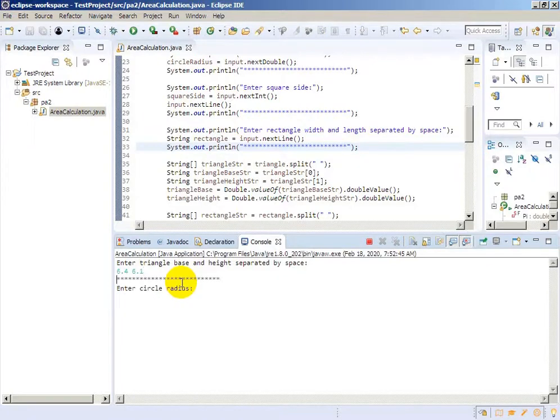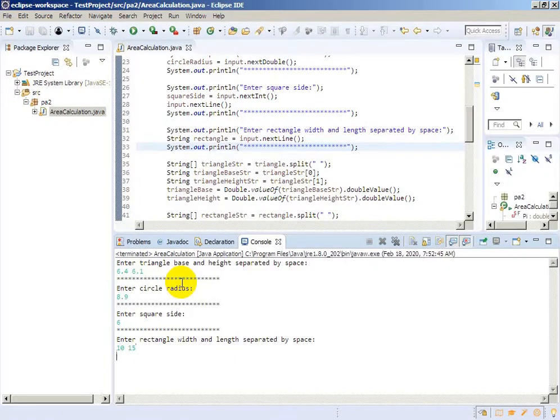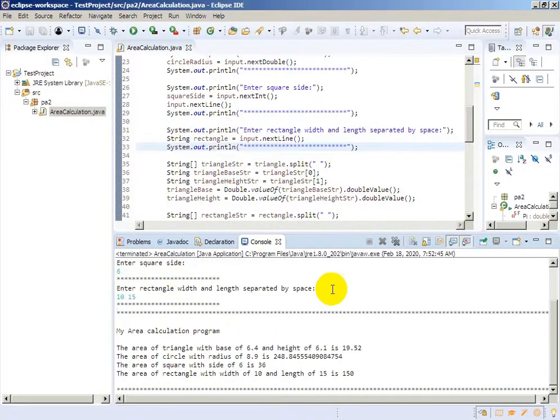Okay, enter. Circle radius will be 8.9. Okay, and let's enter. Square side will be 6, and rectangle will be, okay, 10 and 15. Okay. As you can see, now what we will have here,